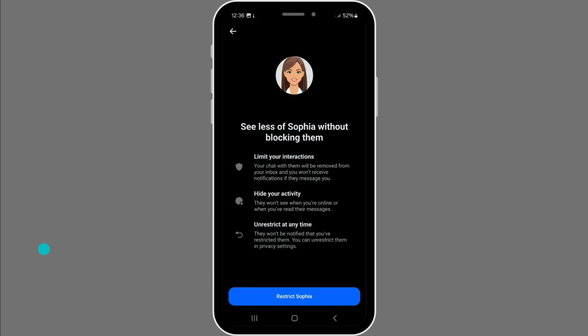Once you confirm, the chat will be moved out of your main inbox. That's the key result you're looking for. By moving the conversation out of view, Messenger helps you reduce distractions and keep your primary inbox focused on messages you want to see first. This change is designed to be discreet, and it lets you check in on that conversation on your own terms